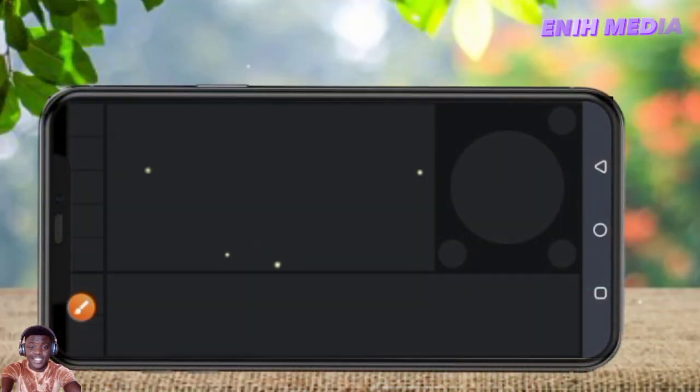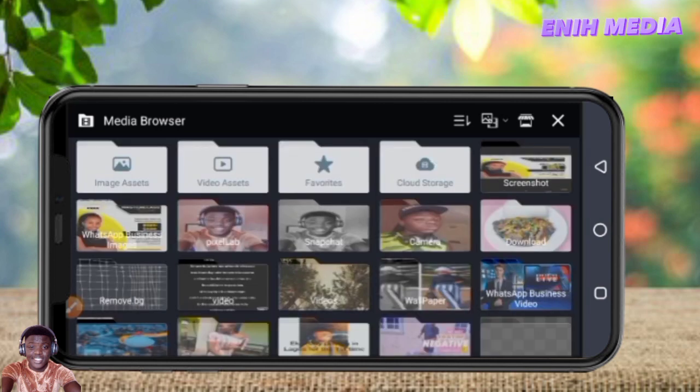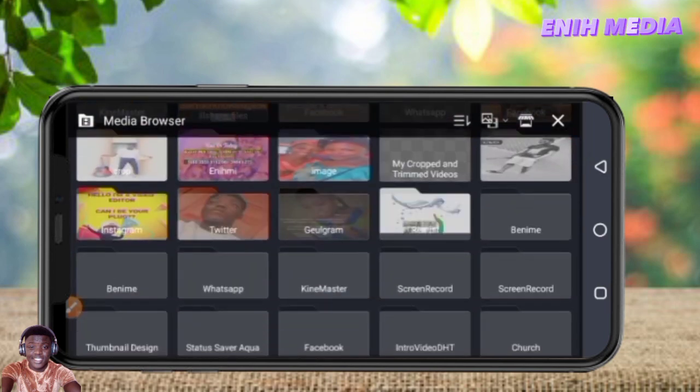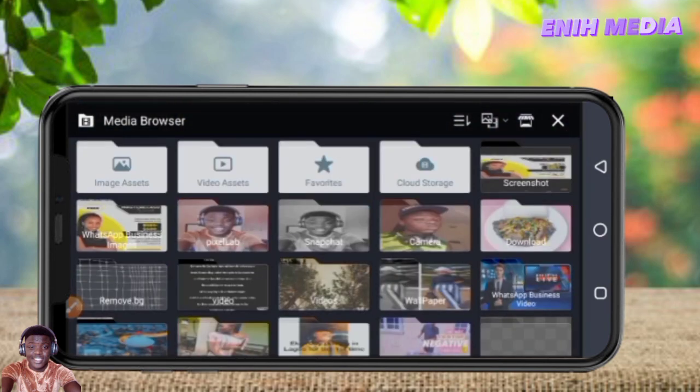So now it's going to take you direct to your media stage where you are going to use your images, the background, everything. So this is where it's going to take you to. So as you can see now, this is my media stage. So this is what we are going to use. Okay, so now let me tap on